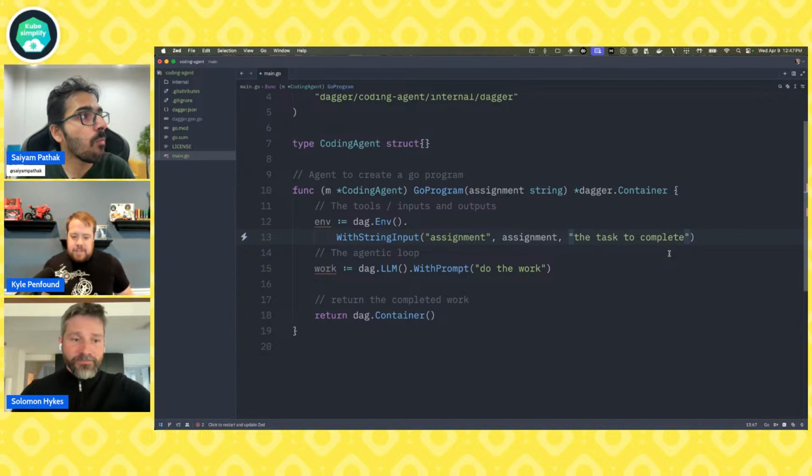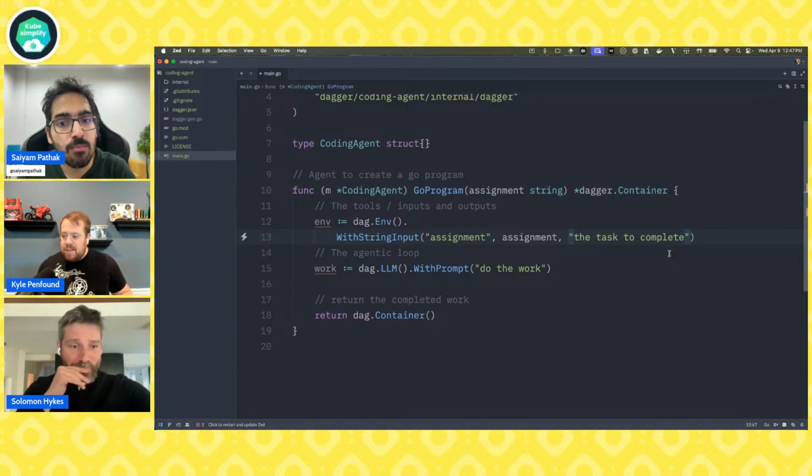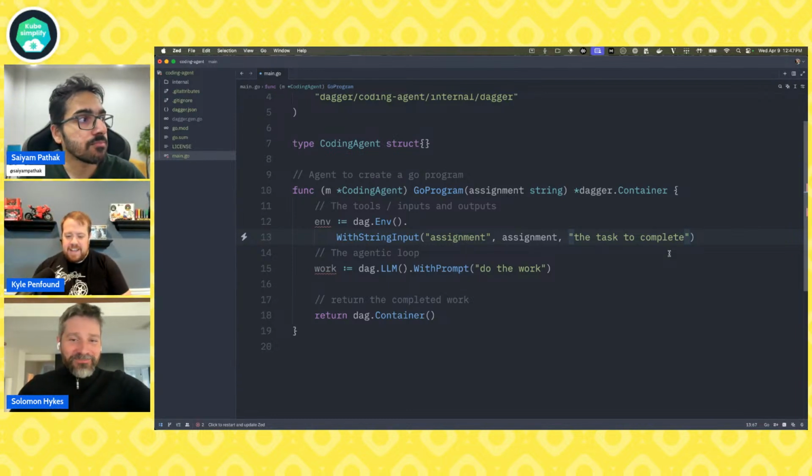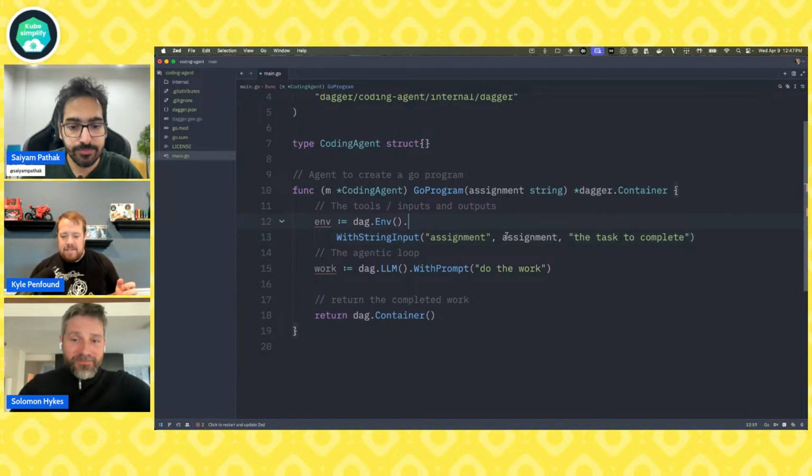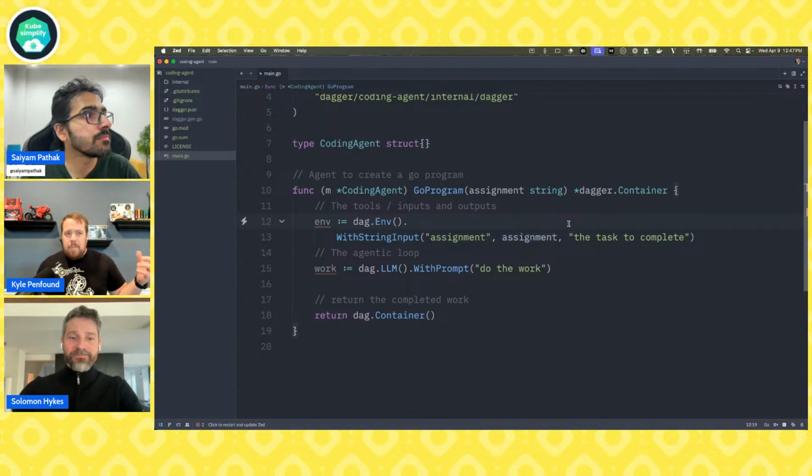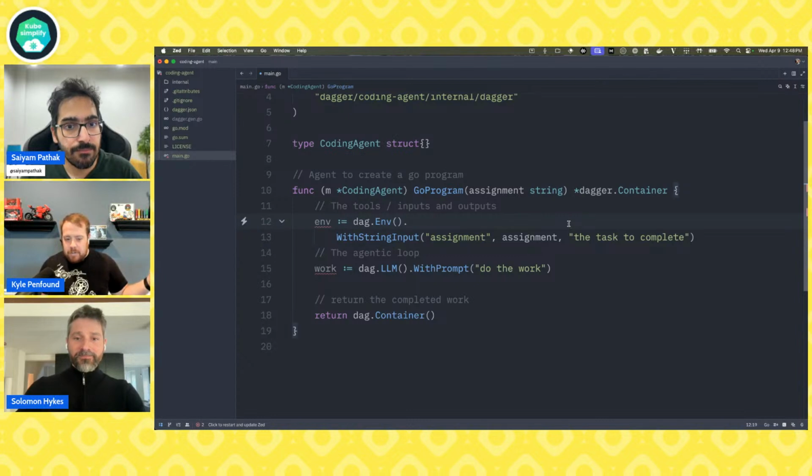Yeah, exactly, and it's about to grow quite a bit here. So let's see how we can contain the chaos. The next thing we need with the assignment is the place for it to do its work, because we don't want it to just generate code, but we want it to actually have the capabilities to build the code to make sure that what it gave us was valid code. And if it wasn't, it can get those errors from the build and figure out what it did wrong and adapt and give us back an actual working program rather than just some generated garbage, right?